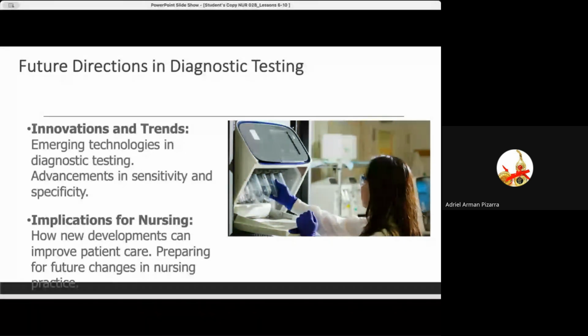Development can improve patient care, we nurses must know as well how to properly cascade and communicate with the other healthcare team. We also have to have an idea what's going on, no? If these are being run. And if there are results given, nurses should know how to interpret it because we are trying to anticipate what would be the medical intervention provided by the doctor once they can see some results which are abnormal. No? Okay,